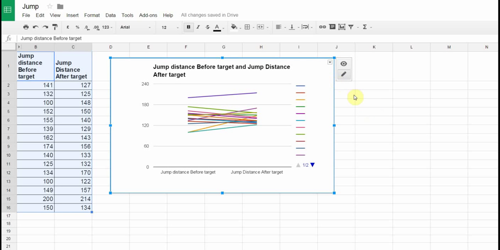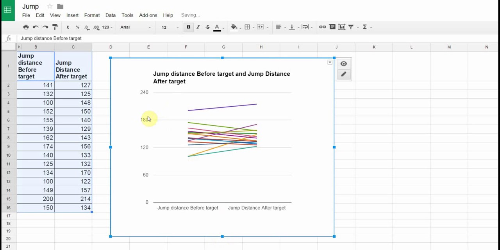The next step is we're going to delete the legend because we don't really need it. So clear legend. And then let's just expand this a little bit so we can see. Also we're going to change the left axis here so that we can see these lines a bit better. If you look back at the table here, we can see that the minimum was 100. So if you do a right click there, edit, and make our minimum say 95,